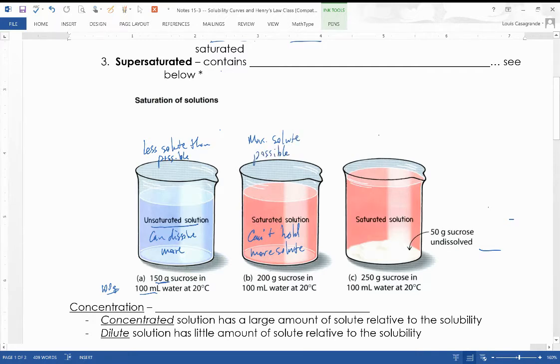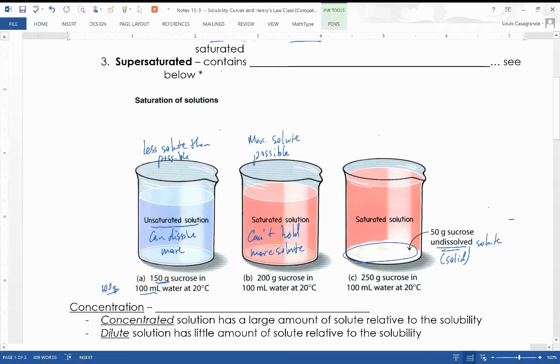So what happens if you try to put more solute in? Many of you have probably experienced this in a restaurant when you're trying to sweeten your iced tea or sweeten your drink, and you keep pouring more and more sugar in the hopes to get that sugar dissolved. And at a certain point, that sugar ends up on the bottom of the glass, or in this case, on the bottom of the beaker. So anytime you have undissolved solute, it's a solid in this case,